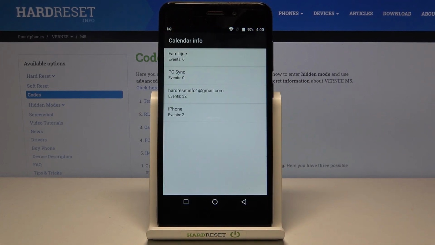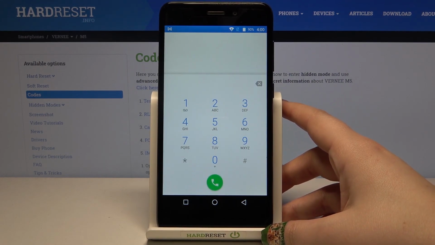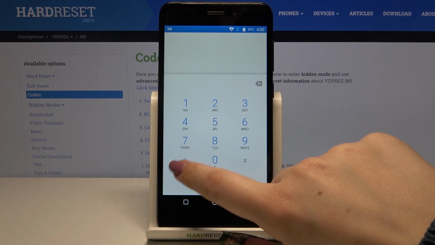*##225#***. And as you can see, we are in a calendar info, so here we've got listed all events which are right now in one place. Here we can check some family events, some holidays in your country. I hope that you will be able to check them, and events attached to your mail. So this is a very cool option because from now on you won't have to worry about forgetting about any anniversaries. Let me get back because that's all for this code, and let me show you another one, which is